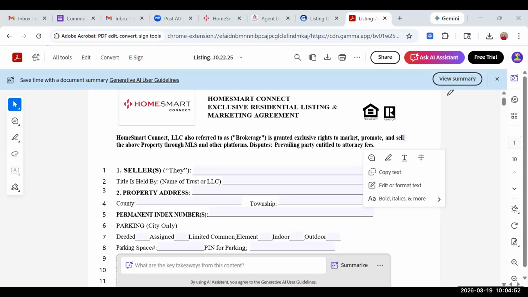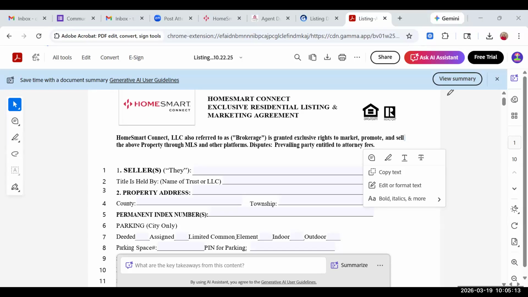Let me try full screen. Welcome to technology. I need to be able to see it so that I can scroll through it. Why don't you see if you can let me share?